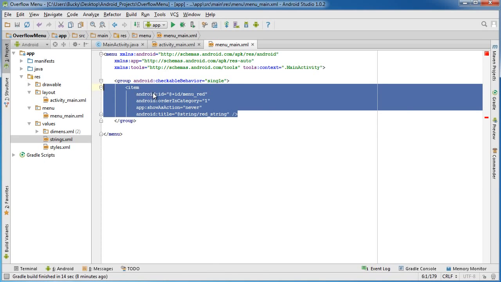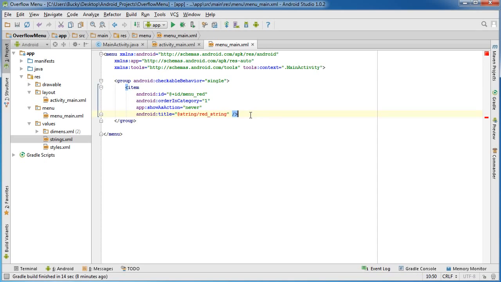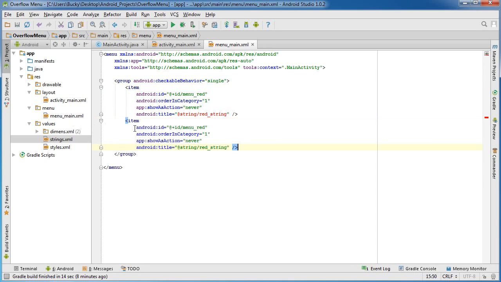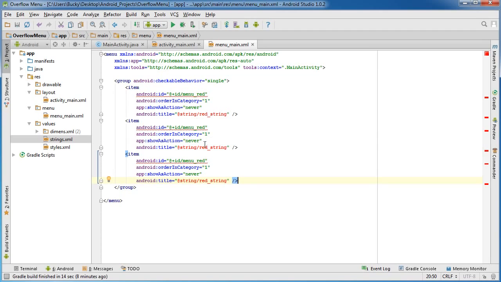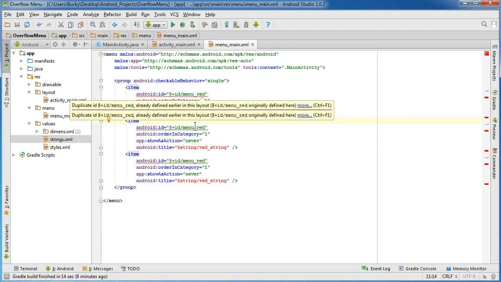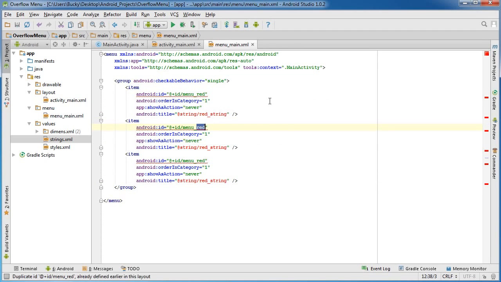Alright, so now that we know how to create a menu item, let me just save us some time and just copy that, copy that, copy that. Alright, so the first one is red. The second one will just have like green. And this is the second list item. And of course, our reference is that. And the third one would be, let's do yellow. And of course, this is the third item,